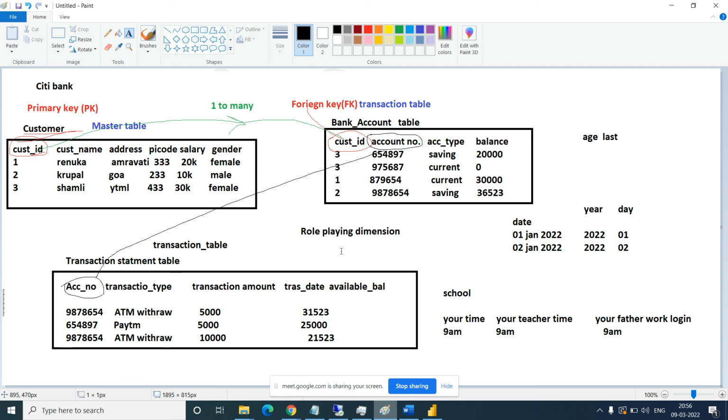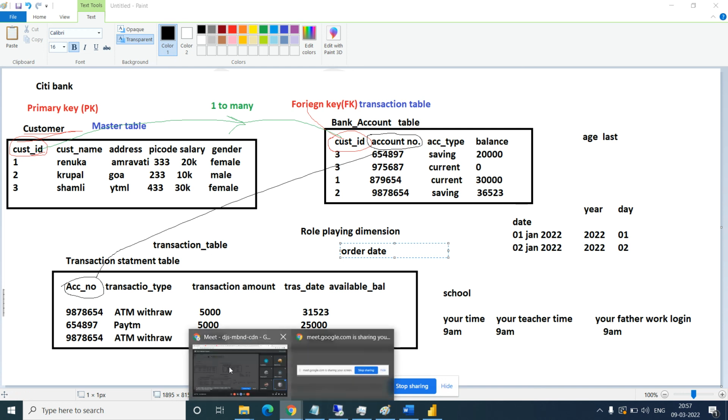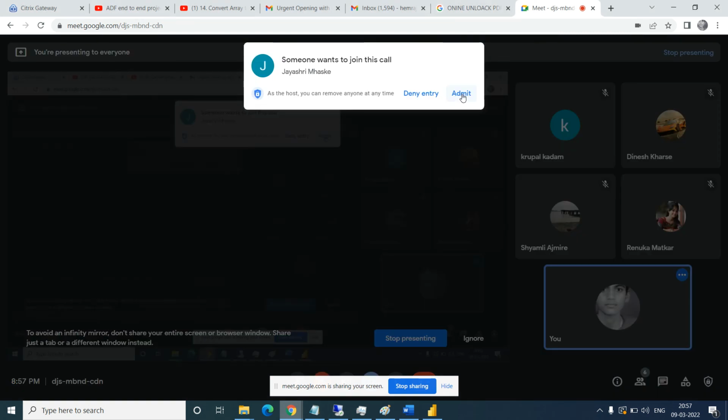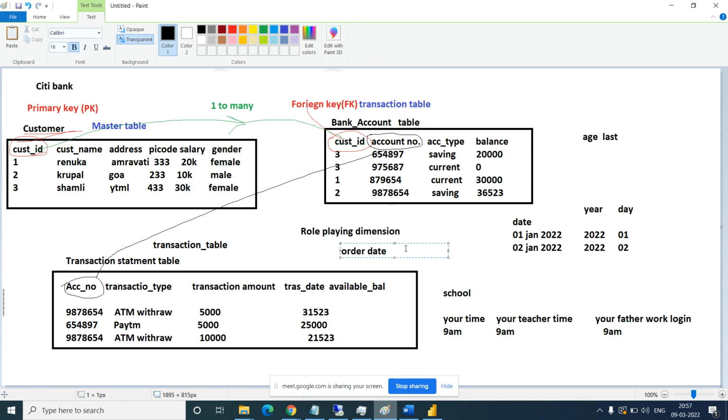You are ordering something in Flipkart. Okay, so there will be the order date. You order something on Flipkart, order date. You order today. What is the date today? 9 March. Suppose in Flipkart you are ordering something. So order date. Then it is getting shipped to the particular vendor. Somebody confirms, so confirm date, booking date, right? Confirm date.